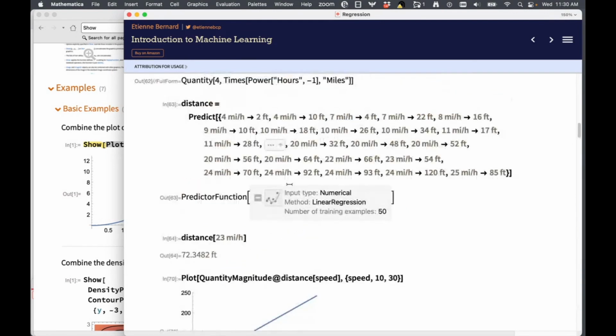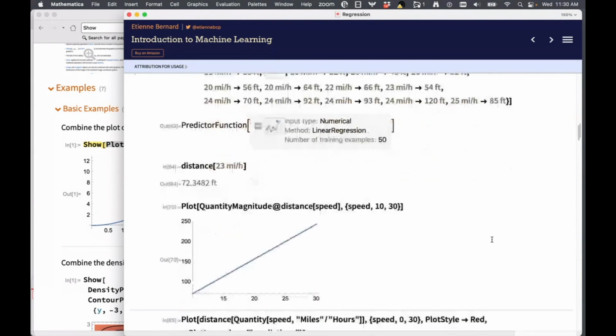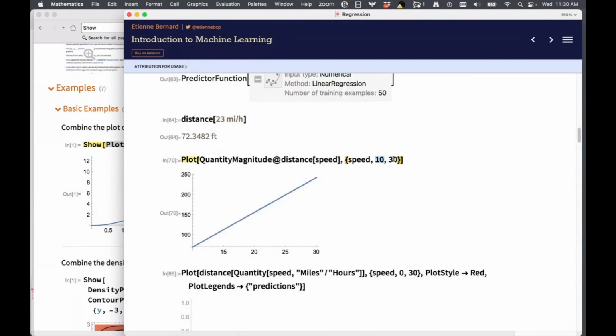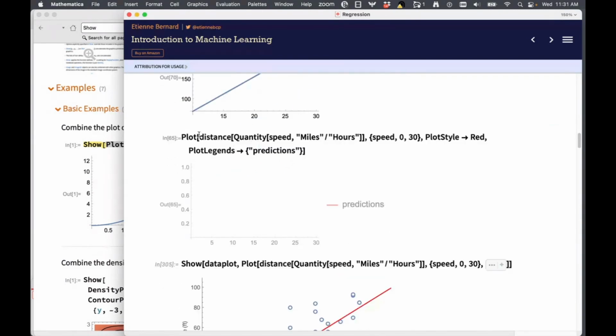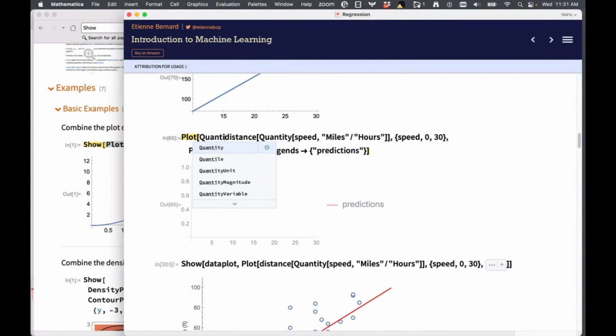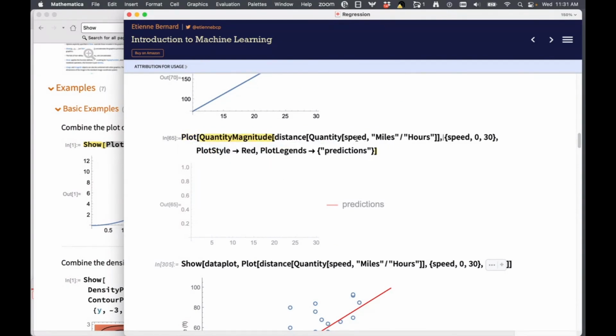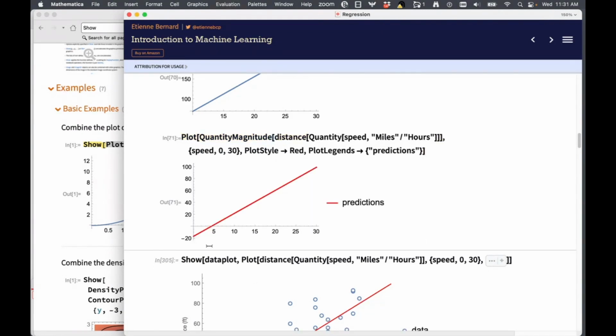So I did claim that most of our functions work very nicely with quantity. Sometimes there are issues. So if you want to just stay with numbers and not go into quantities, that's great. If you have trouble working with quantities, as the name suggests, quantity magnitude will pull out just the magnitude of the quantity, just the number of the quantity, and this should work. So as Luke suggests, we can just try to get quantity magnitude out of the distance here. And that should give me my nice function here. And again, with the new interactivity, you can actually hover over the line and see the values.